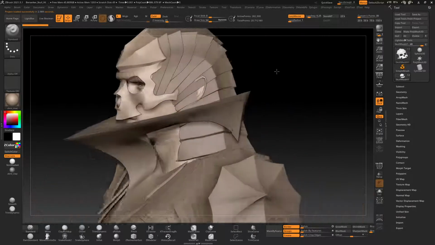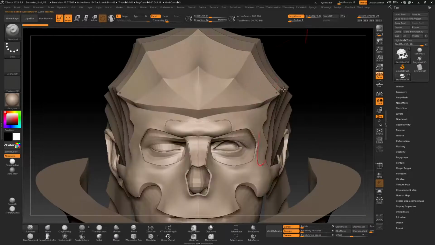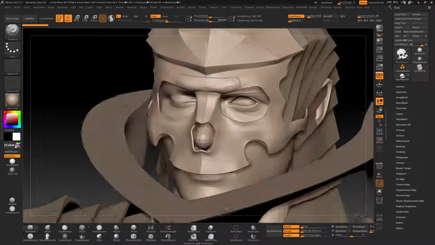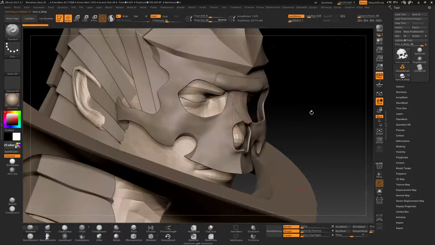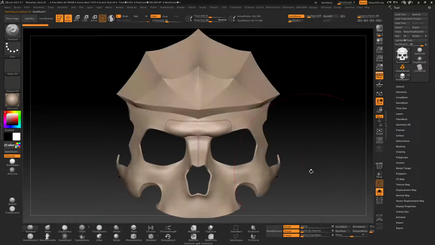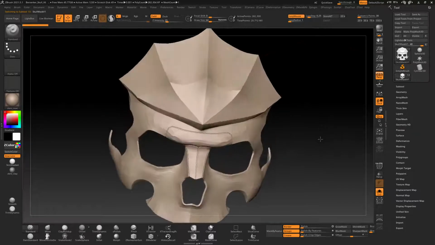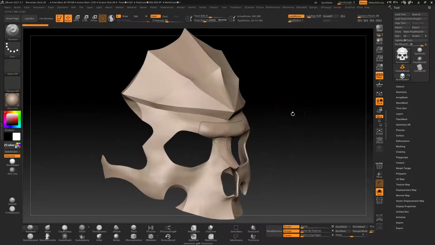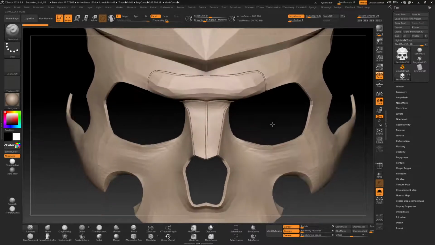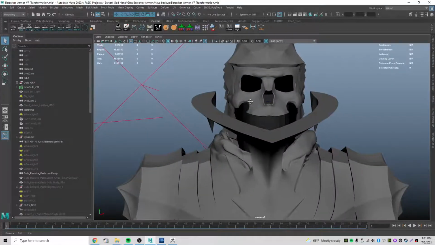Right. So let me just turn on perspective. So here we have the piece. As you can see, this part is already creased, strong, not hard edges, right? Just exactly what I wanted. And in here, as you can see, I changed the shape of the